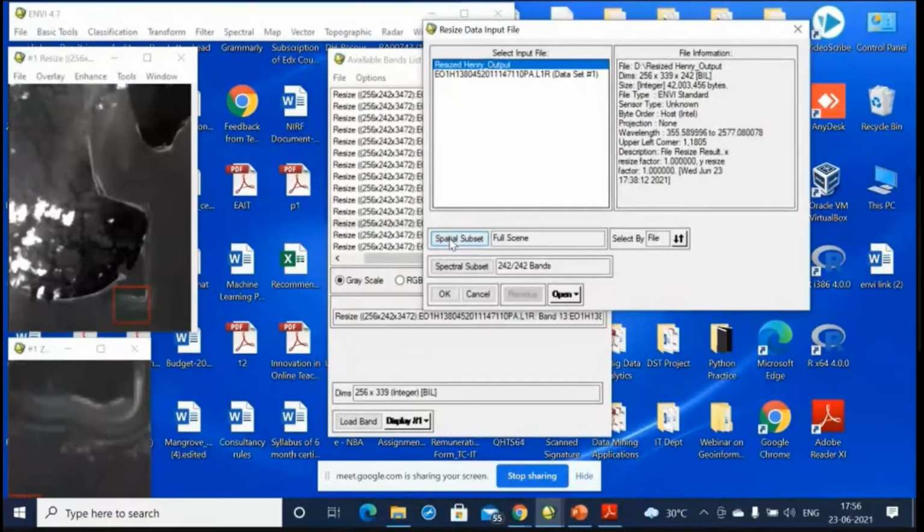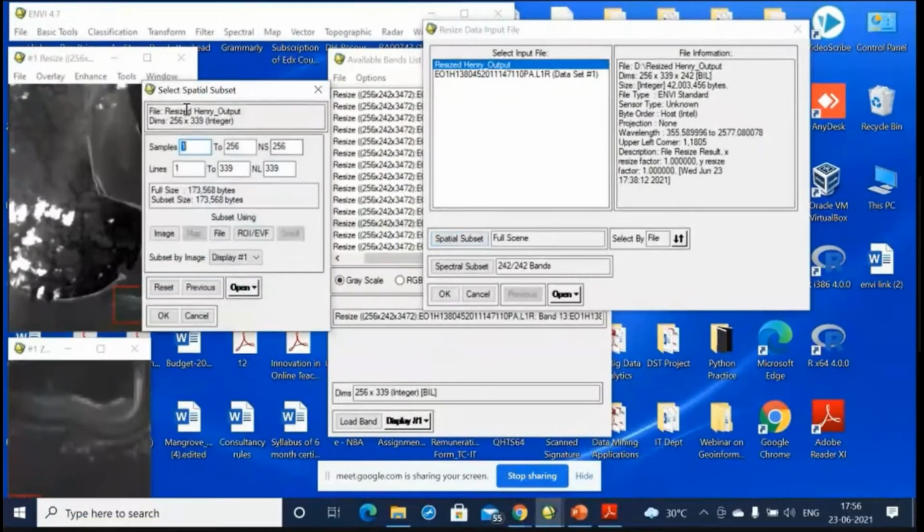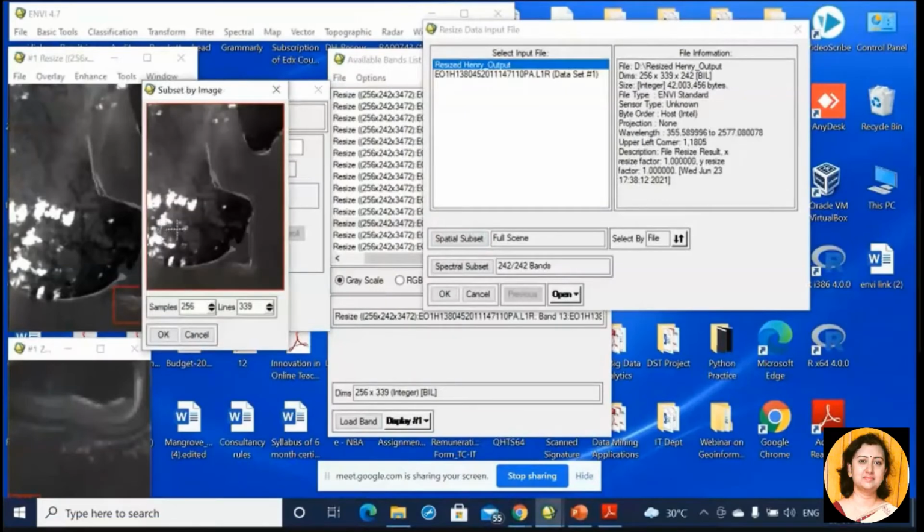Now, spatial subset, if I select this, you can specify the coordinates up to which you want to resize, or if you do not know the coordinates, you can directly click onto the image and select the area. See, I have further resized the image, and I am selecting this portion.